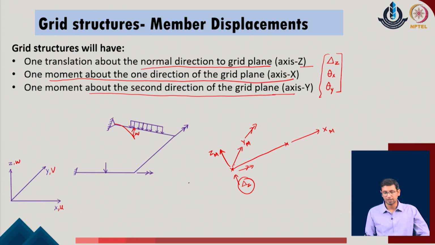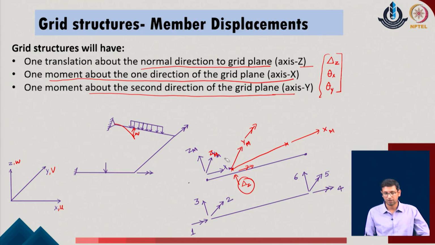So, using these ideas we realize that in a grid system this is the typical arrangement of the degrees of freedom: this is the x of m, the normal, the length along the member coordinate. This is the in-plane coordinate of the grid system, which is ym, in the same plane, and this is the normal to the given plane of the grid, which is the zm direction. These are all defined in the local member coordinates.